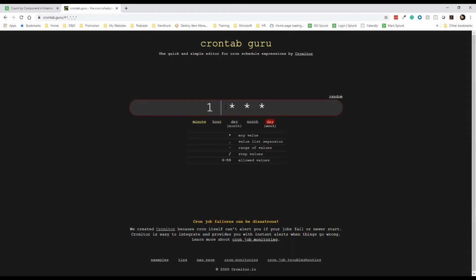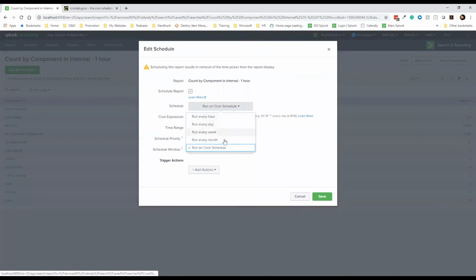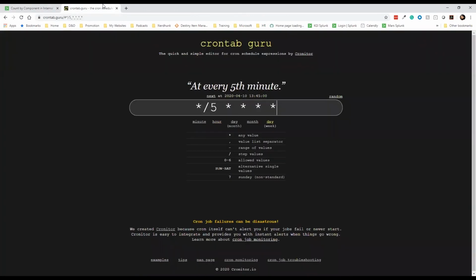And then all these values change. And then even still, right? The original example here was an expression that will run every 5th minute. So every 5 minutes, this is going to run. Because you can't do that here. Here you can run it every hour, every day, every week, every month. So you have a higher priority that you need to get results for, like